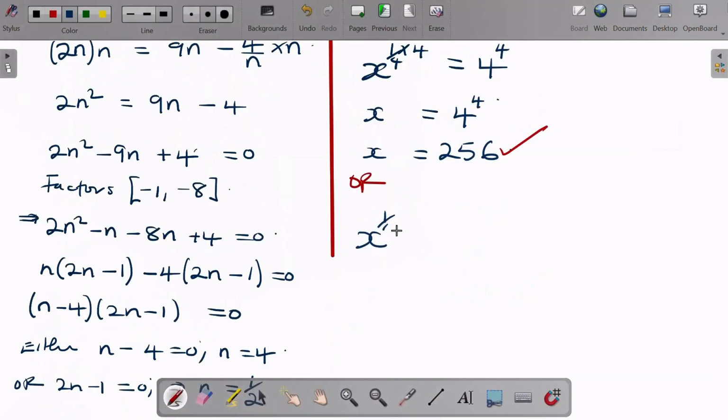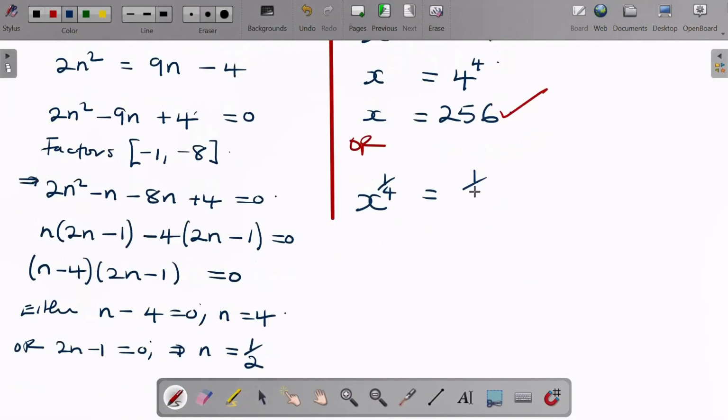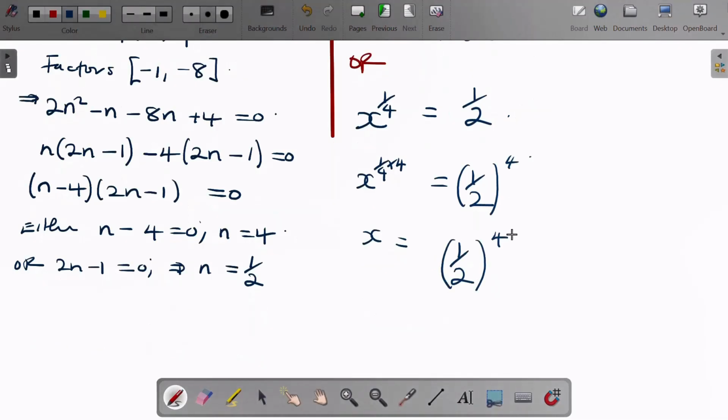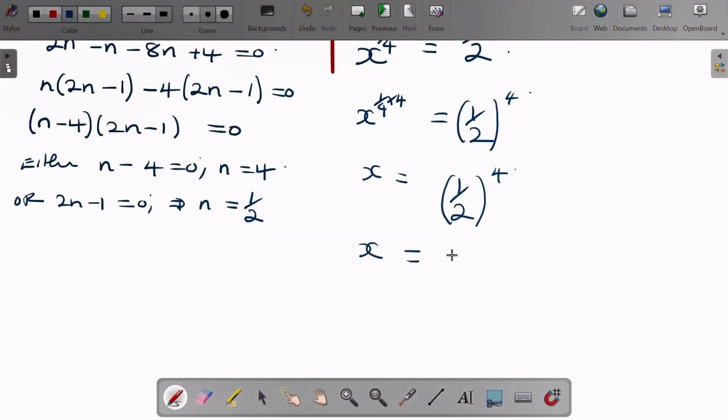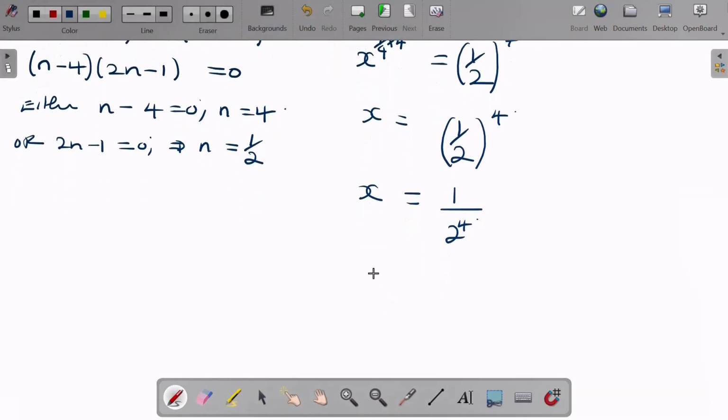Or we have x raised to the power of a quarter being equal to a half. Still the same, we are going to multiply the power by 4. So that you have x equaling a half raised to the power 4, implying that x equals 1 divided by 2 power 4. And 2 power 4 gives x equaling 1 divided by 16, implying that the answers for number 3 are 1 over 16 and